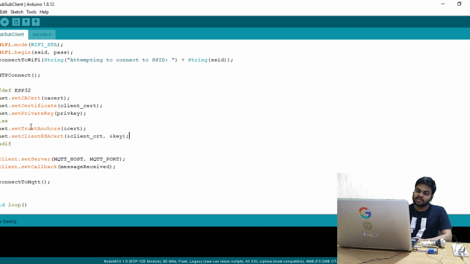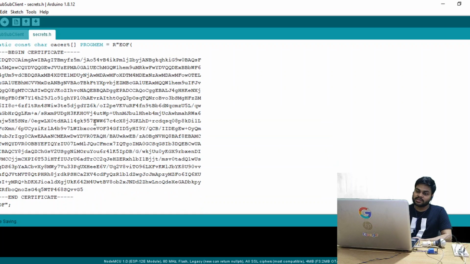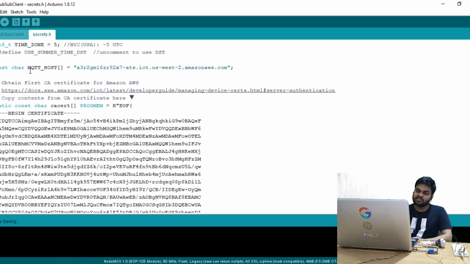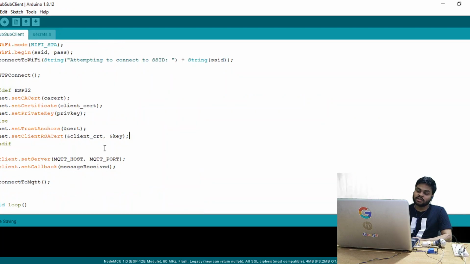What it is doing here is using these certificates and sending them to AWS IoT so that it will verify our device, and all our messages will be communicated in encrypted form. This is the use of the client certificates and the keys.